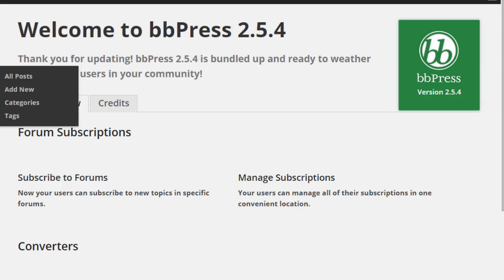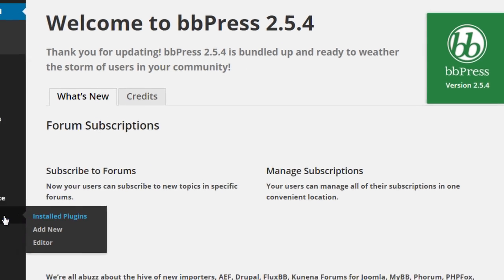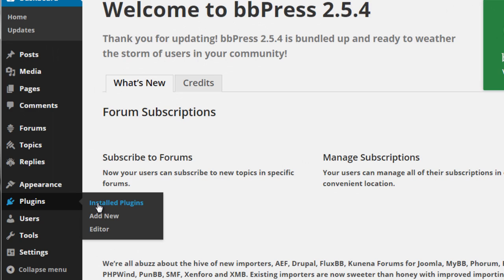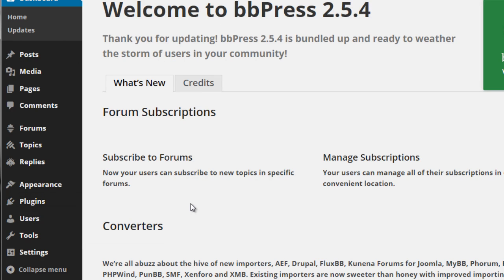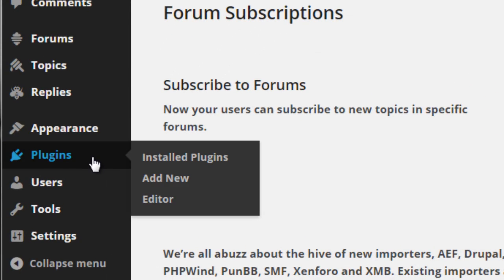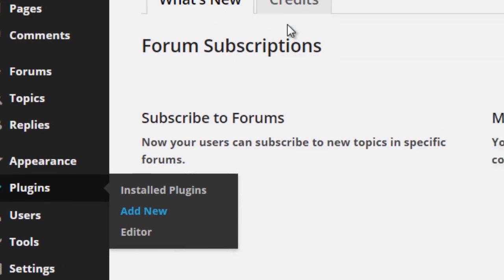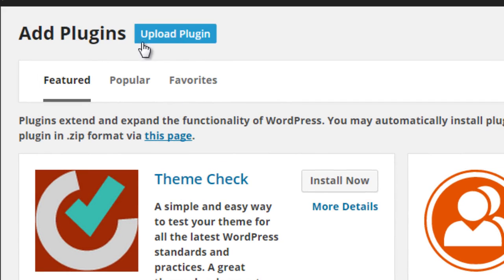Now, when it comes to trying to install a plugin that you have, let's say, for example, downloaded from a website, if you have the zip file in hand and you want to know how to install it automatically, it's really simple to do. All you need to do is go to Plugins, go to Add New. At this point, click on Upload Plugin,